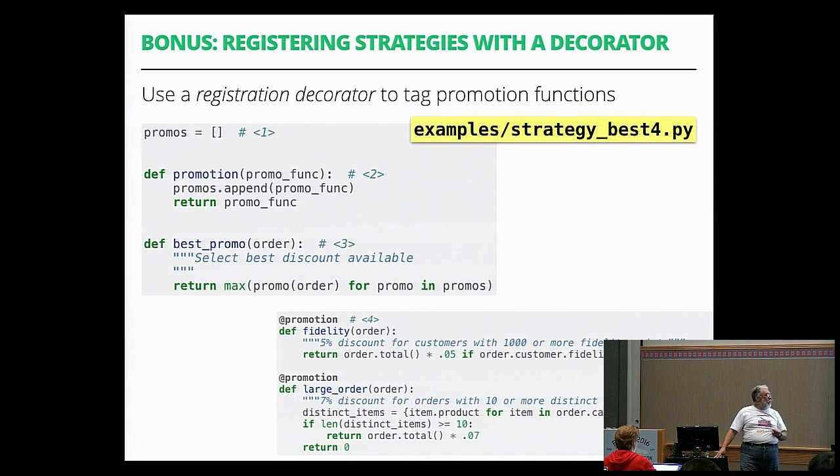Okay? So, in this case, what happens is, let's forget about the decorator first, how it's implemented. Let's look at how it's used. So this solves that problem that you just raised, because now I explicitly label functions that are going to be used as promotion with this decorator. Right? And